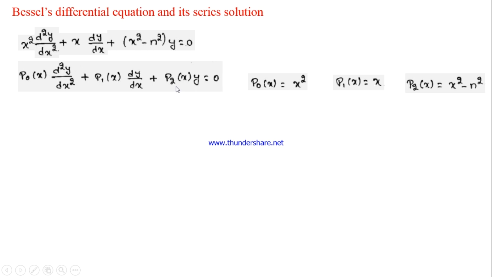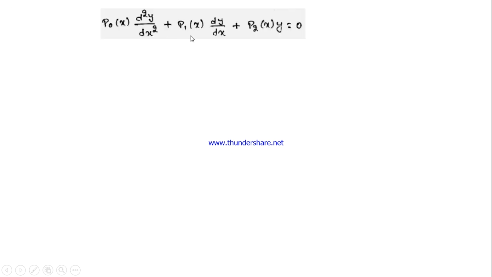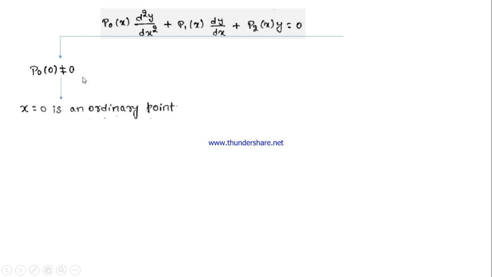Now, before getting into the solution of it, first let me try to understand why we can't use the method which we employed for Legendre's equation to this. If this is our differential equation, first we are going to check whether P naught of 0 is equal to 0 or not equal to 0. If P naught of 0 is not equal to 0, then we claim x equal to 0 is an ordinary point,